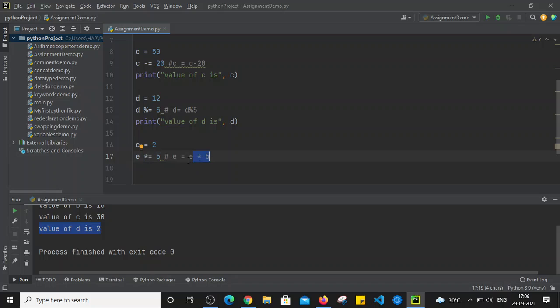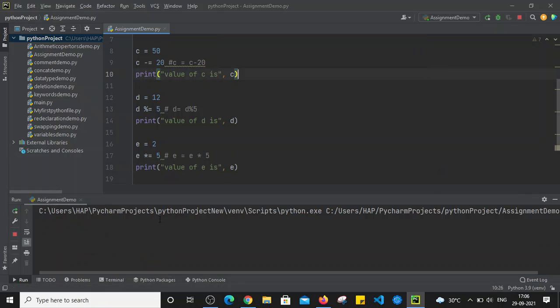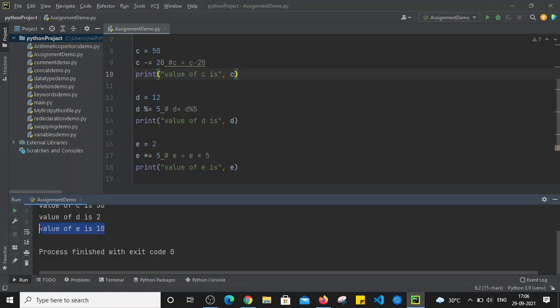The value of e is initially 2, so 2 multiplied by 5 will return 10. Let's print and check the value of e. Now let's run the file. When I run this file, the value of e is 10, right?